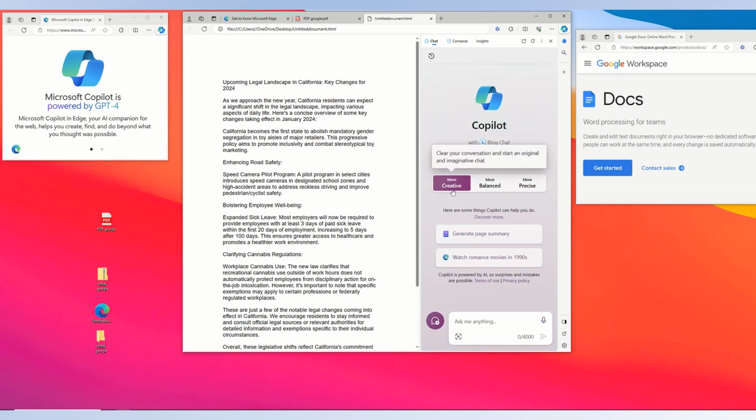Click creative, balanced, or precise. I usually do creative or precise. Most of the time, I use precise for professional purposes. Creative. I usually don't use balanced, so creative or precise. And then I'm going to put here, we could try something. Oh, if we're going to do creative, we could do,